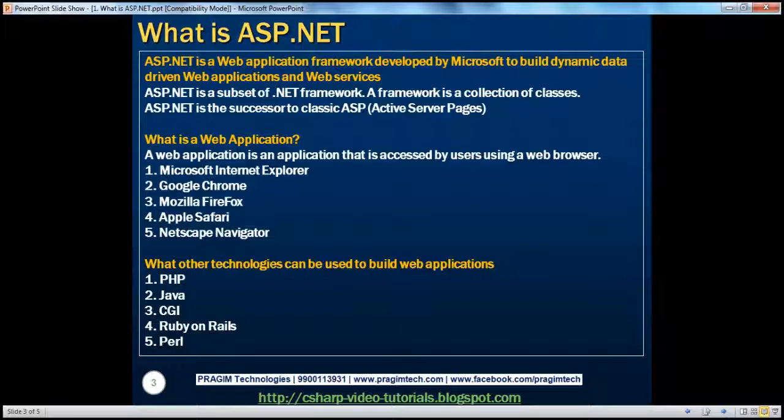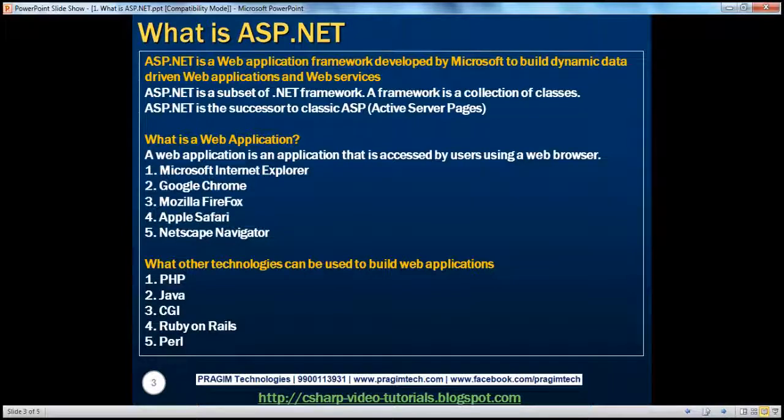Now, we know that ASP.NET is a subset of the .NET framework that can be used to build web applications and web services. Along the same lines, we have something else called ADO.NET. Is that a different technology altogether? No. Again, ADO.NET is a subset of the wider .NET framework that can actually be used to pull data from different databases and then serve it up to a console application or a web application or a Windows application, whatever. So any type of application that you build, if you want to retrieve data from data sources and then use the data within your application, then you will use something called ADO.NET.